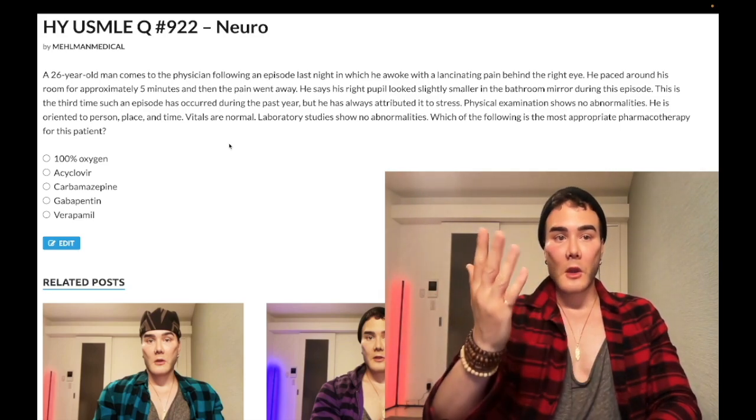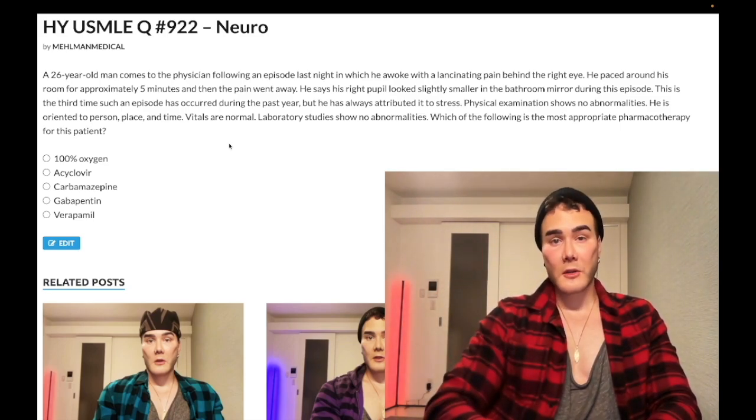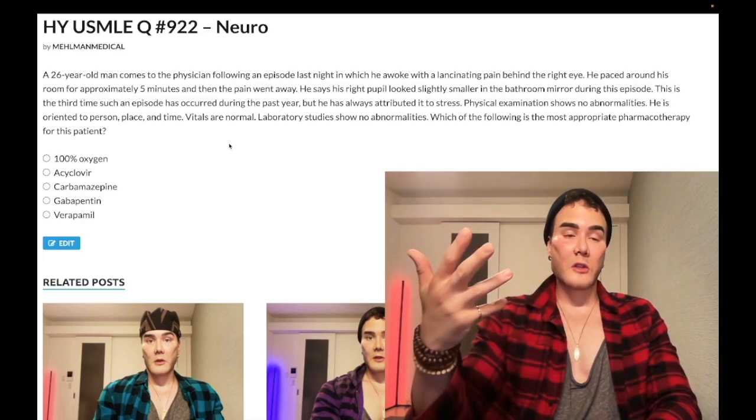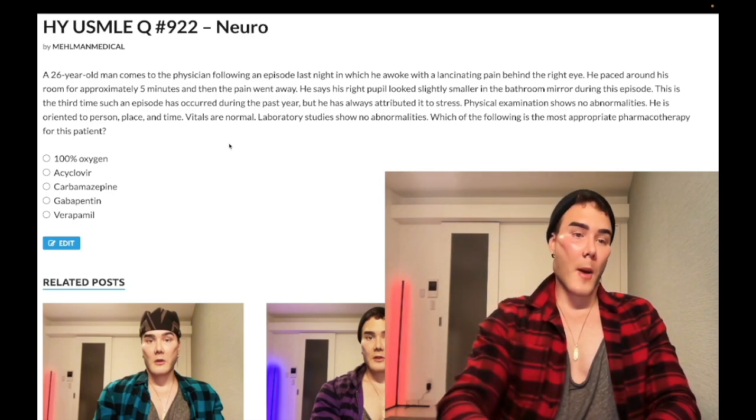So the presentation for trigeminal neuralgia is going to classically be a mild, minor stimulus, i.e. brushing hair, brushing one's teeth, flossing, gust of wind. Okay, so those can precipitate an episode, which will last on the magnitude of about 30 seconds maximum. So abortive therapy is more supportive. Okay, there's no specific treatment. 100% oxygen is wrong for that. But to decrease recurrence of episodes, we could give carbamazepine.